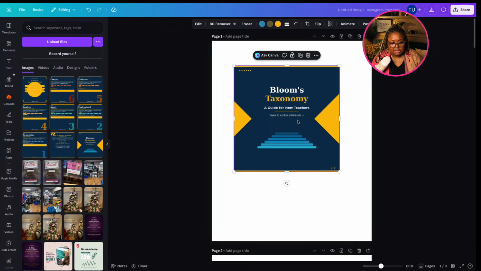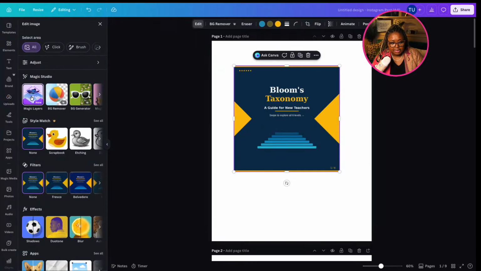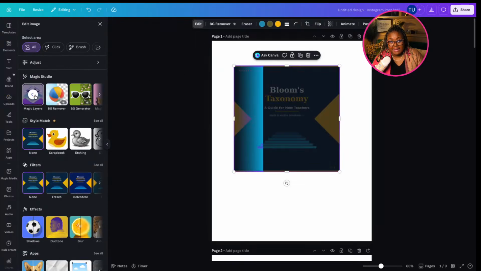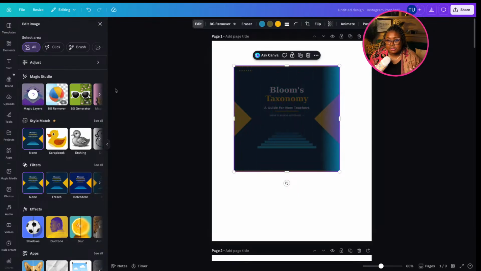So let's talk about this first one. The first thing I'm going to do is click on this Bloom's taxonomy and go to edit. When I hit edit, I'm going to go to this new feature called Magic Layer. It's going to break this up so that I can edit whatever I want to edit in this Bloom's taxonomy